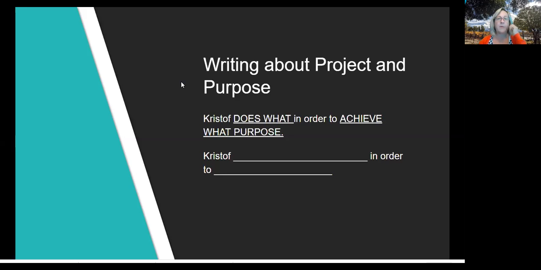Good, good. How about group 2? What did you come up with? We wrote that Kristof provides evidence in his article, such as providing links and talking about other Hispanic stories in order to break down the stereotypes and to show the importance of the Hispanic community to his audience. Good, good job. Group 1, what did you write?